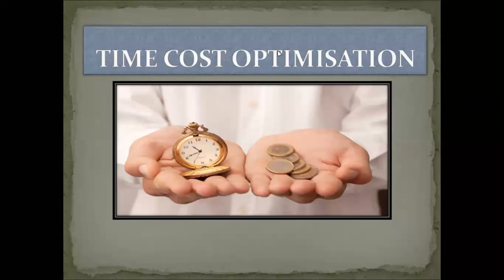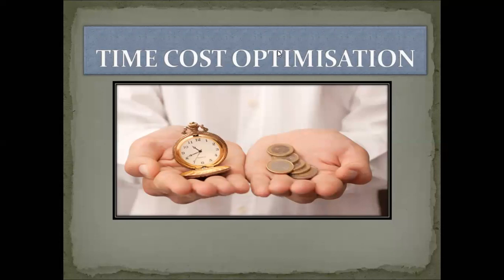First, we have to prepare our network of the given project. What activities are there? What durations are there? That is in CPM. For PERT, optimistic, pessimistic, and most likely times are given to us. Based on that, we have calculated the average time T, and then we have calculated the network.